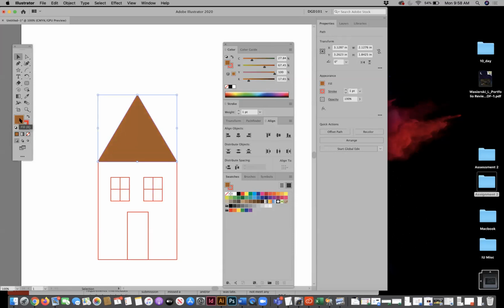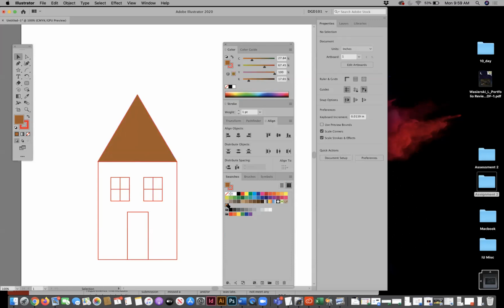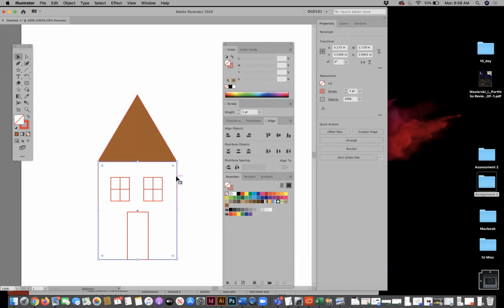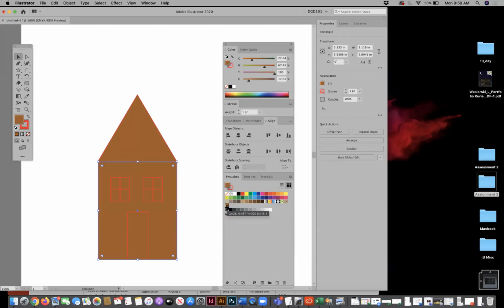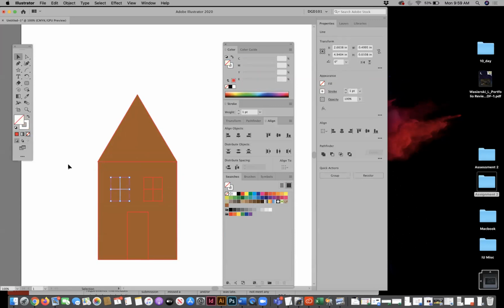It's going to fill in your fill, and you can drag this into your color swatches to add it to your swatches so that you don't have to keep looking for that same color. You can add that same color from your swatches very easily. Now I'm just changing my fill